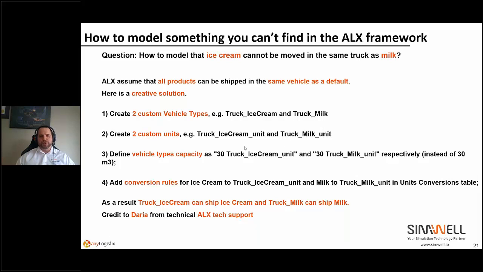You create two custom units, truck ice cream unit and truck milk unit, and then you put your vehicle type capacity in these units. You create conversion rules in the conversion table, and with that hack you can model the fact that ice cream cannot be in the same truck as milk. And thanks to Daria from ALX Tech Support for that one.